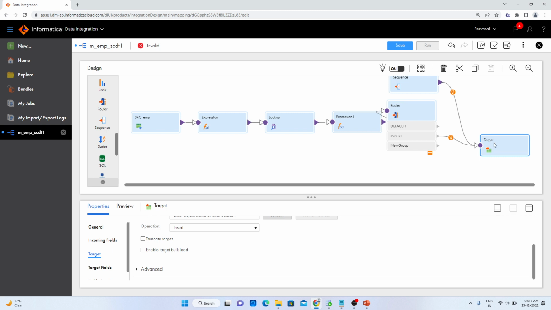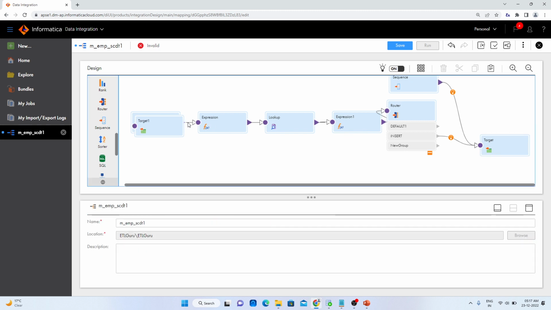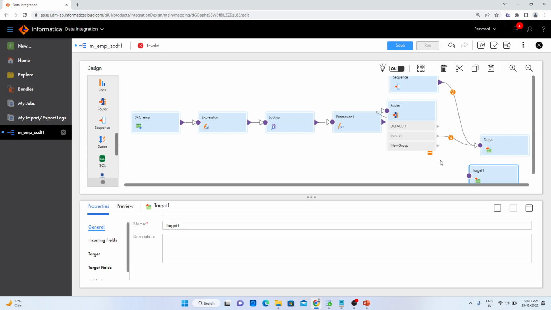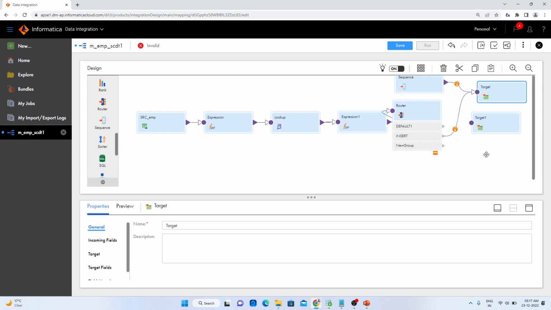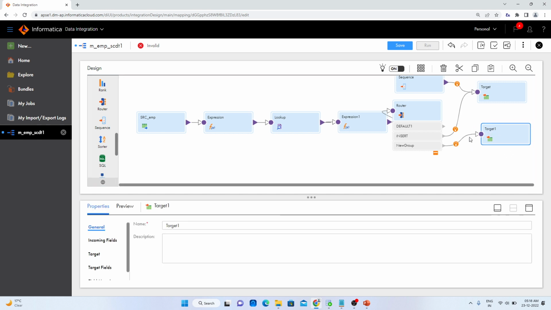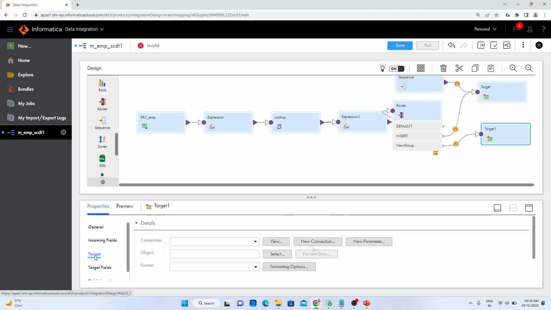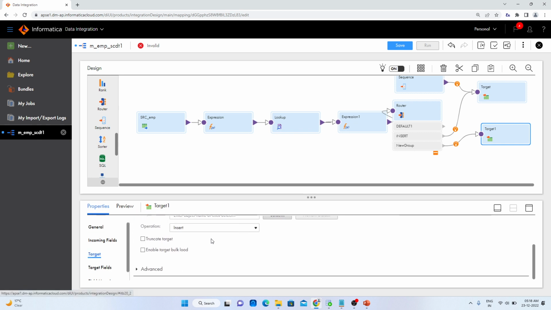I'll copy and paste, and I'll get one more target. That target is for update. Okay, this is for update. The update target is the same, whereas in case of insert I will use insert, here I will use update,